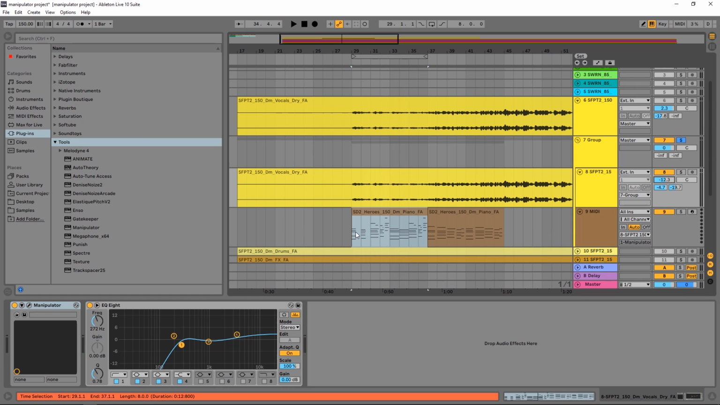So we're actually getting polyphonic harmonies happening because of this MIDI file, and it's running through Manipulator up here. So when I put those together,